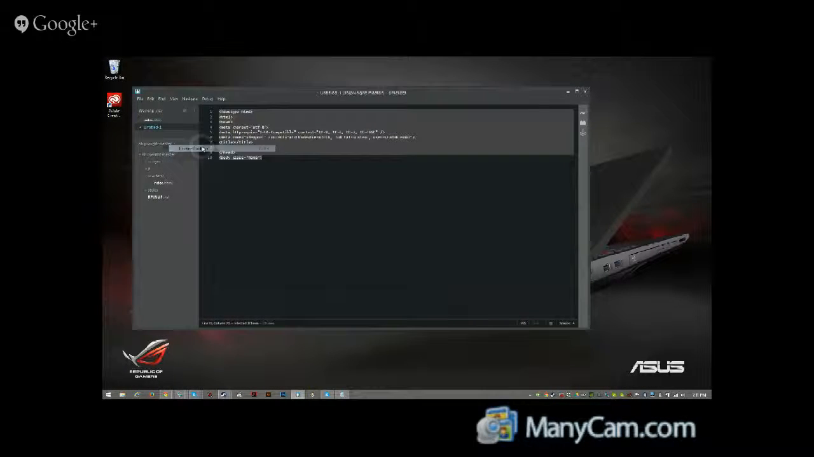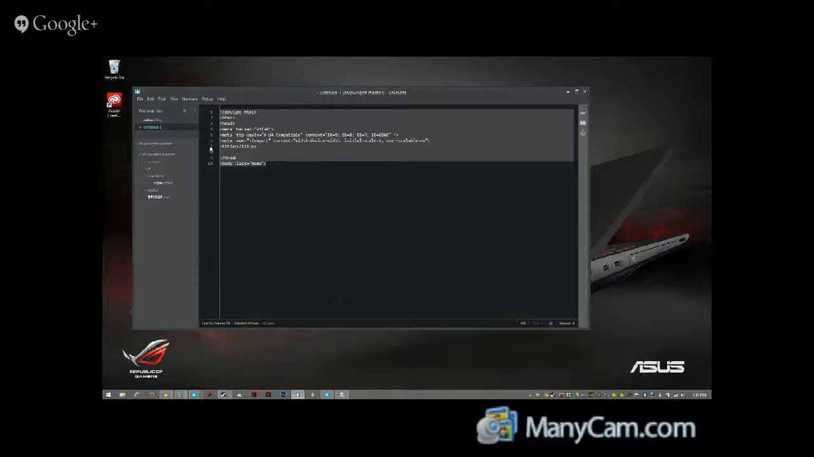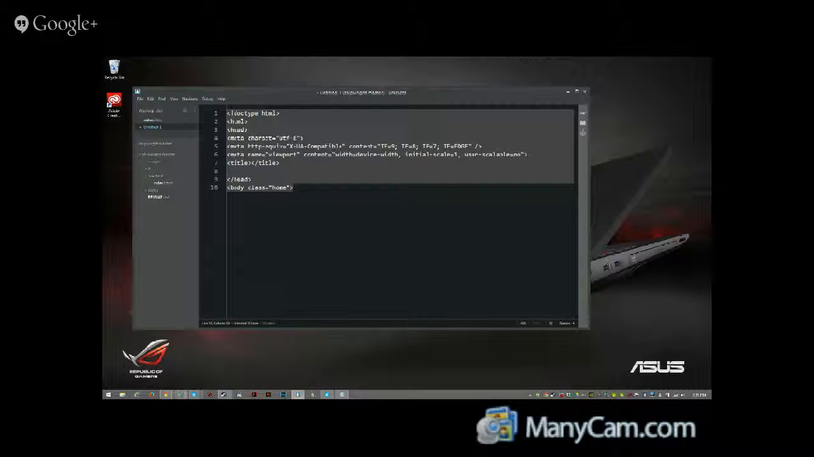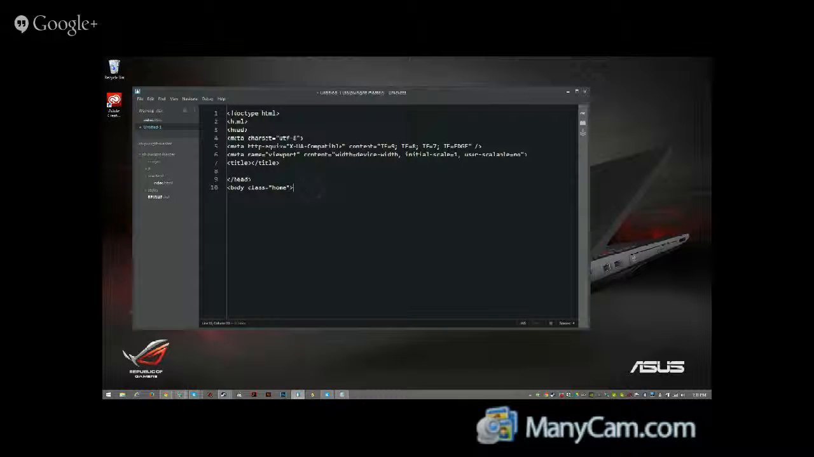Yeah, increase font size. Okay, so here we go. The code should be a lot more readable now. So here we have